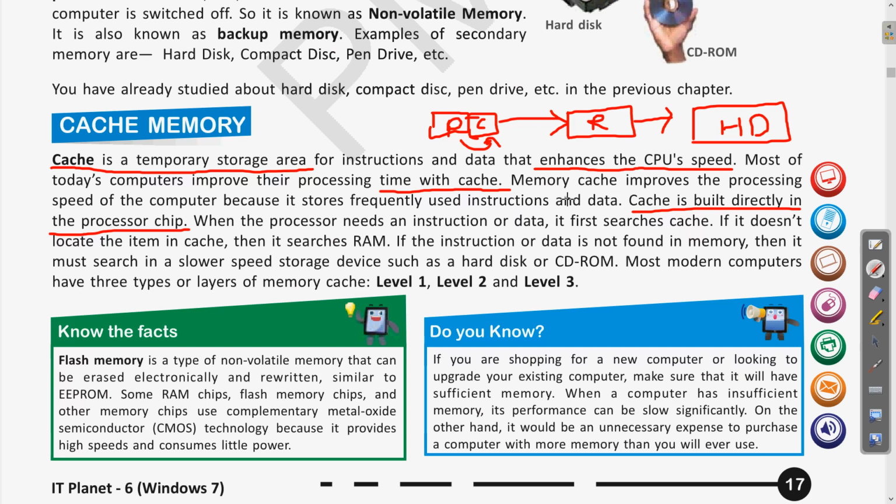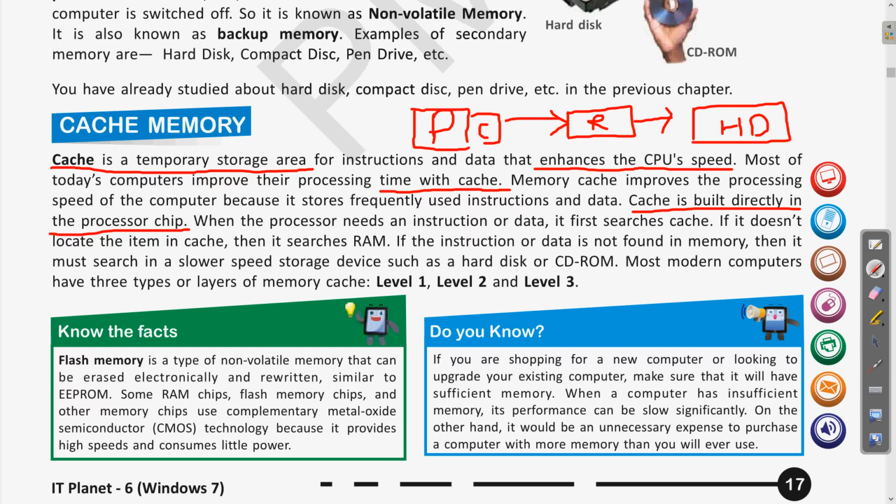So as the book is also showing, and as I am explaining to you, let me make this a little bit clearer. Here, this is the processor, and whatever process we are performing on the computer is done by the processor, that is the CPU, and cache is attached along with the processor.